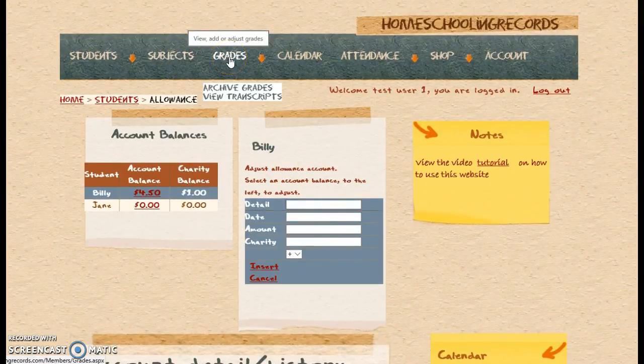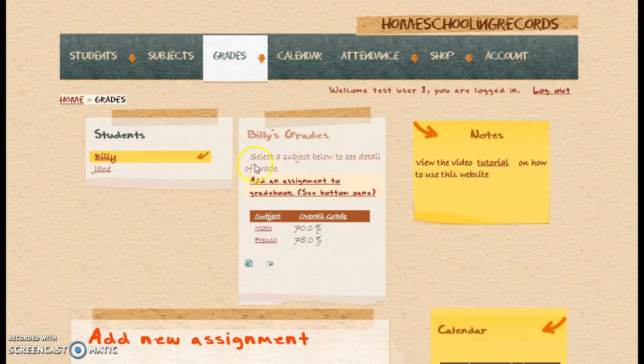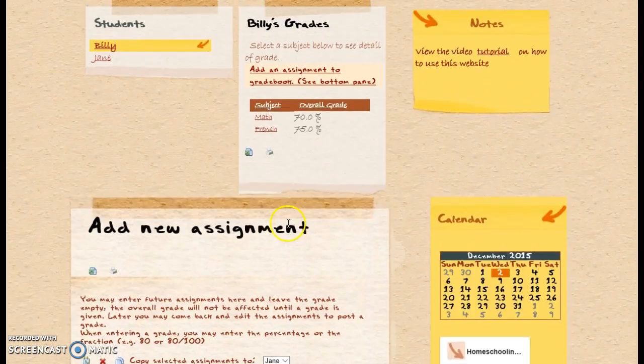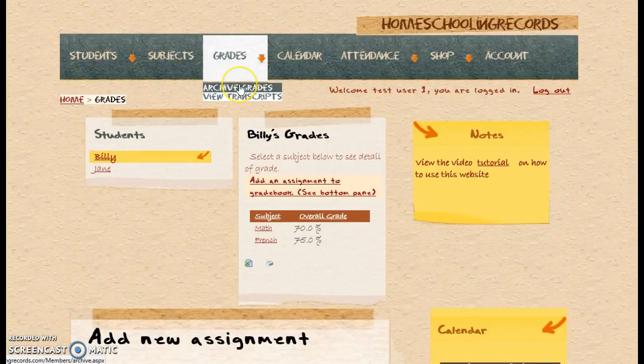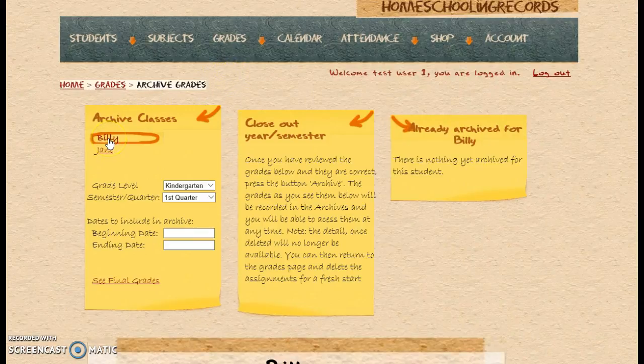Then the one other thing that I wasn't able to show you in the other video was archiving the grades. So we have Billy's and Jane's grades, just as I showed you before. But let's say it's the end of the semester and I want to start Billy fresh, or at least archive it and break it up into semesters or quarters. So here I go into archive grades and I need to click on my child,